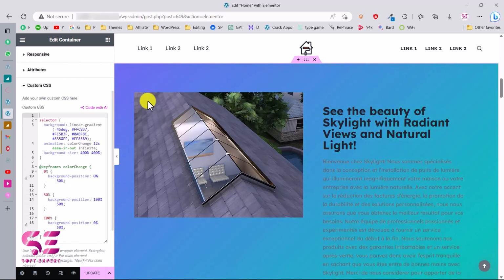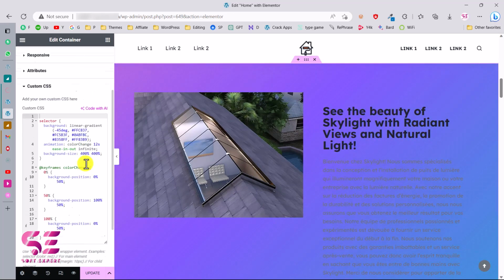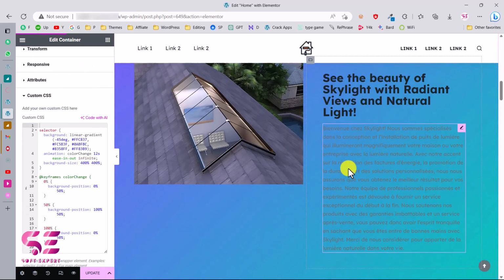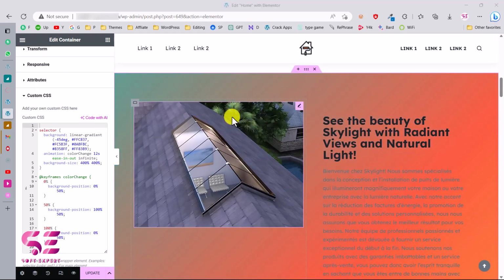Using a few clicks you can generate these type of complex codes, you can generate titles, you can generate text, images, and so on. So this was how you can use AI in Elementor,